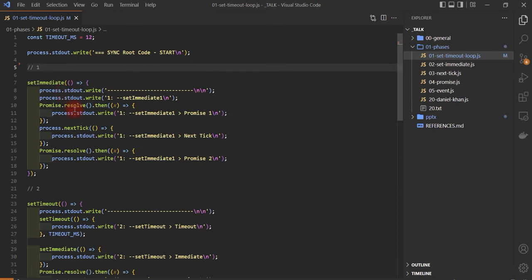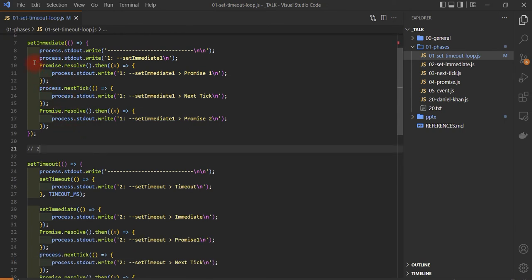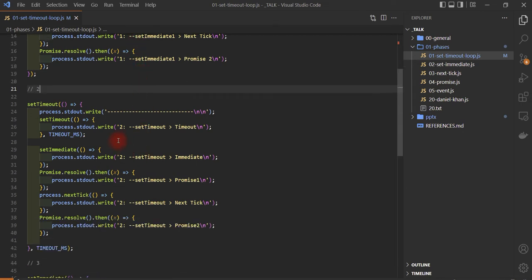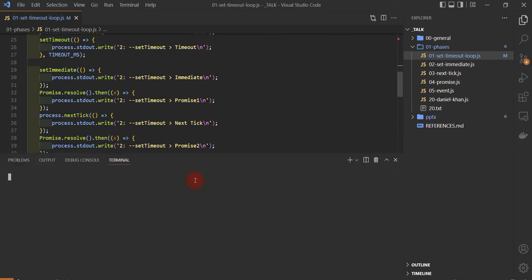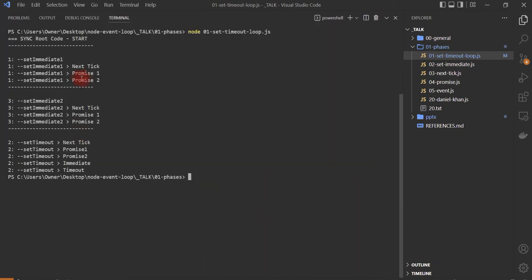We've got, for example, setImmediate and setTimeout. We've got a promise and we've got process.nextTicks in each of them. There'll be a link to the gist for this. When we run this code, which we can actually do now, we'll see that in each of the phases, the next ticks and the promises get resolved within each of the phases themselves